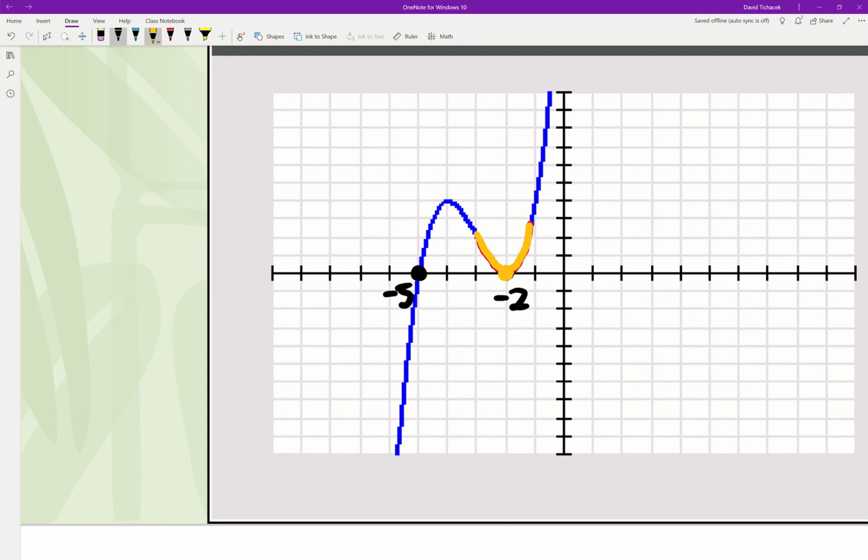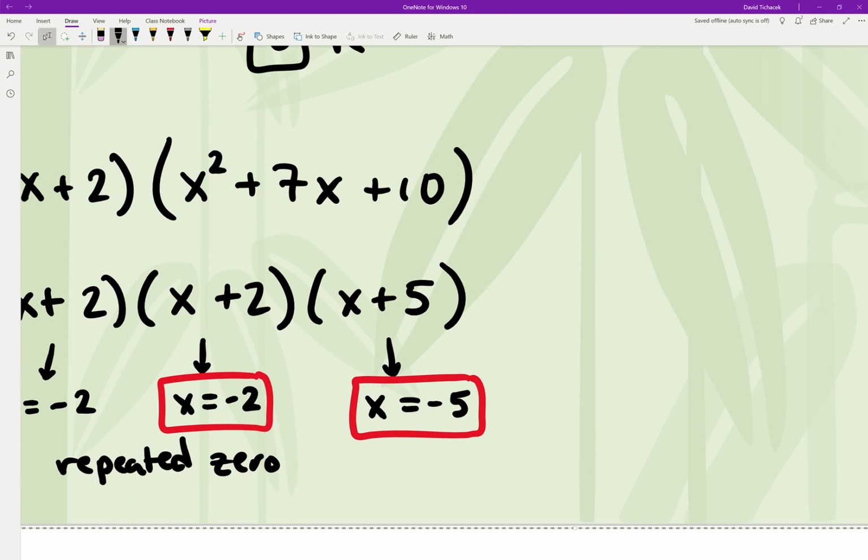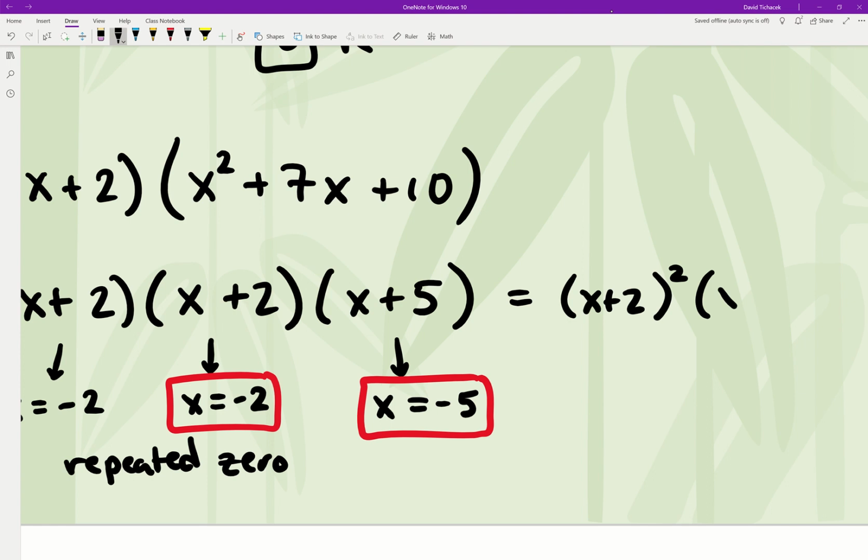So we would say that we cross quadratically in this case, okay? And that's just because, again, if you look back at the factorization, one other way that I could have written this would be (x + 2)^2, since I had 2 copies of it, times (x + 5). So if you remember that whole business about multiplicities of your zeros, we would say here